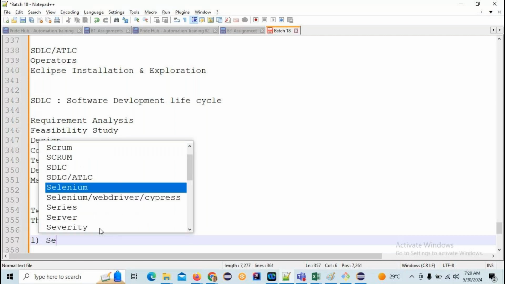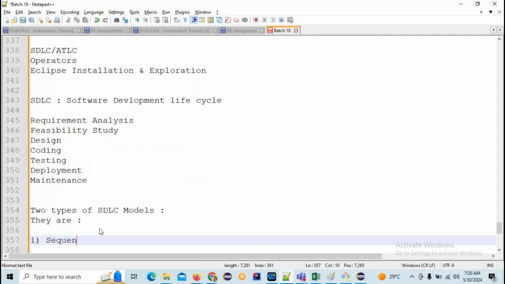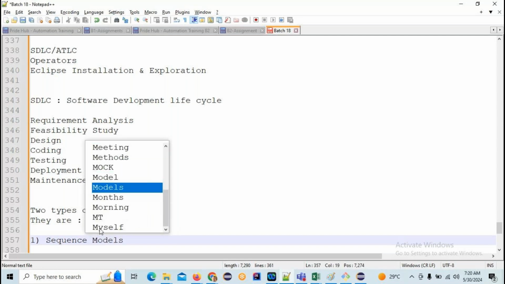Any one of you? Guys, what did you learn in manual testing? Few people from manual testing are not speaking. I think we got some gap, right? You forgot all those things. Sequential models. And the next one is